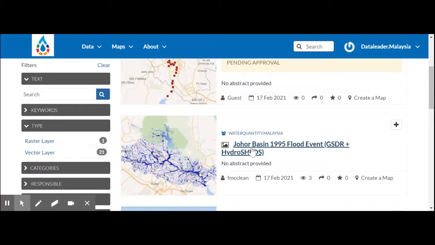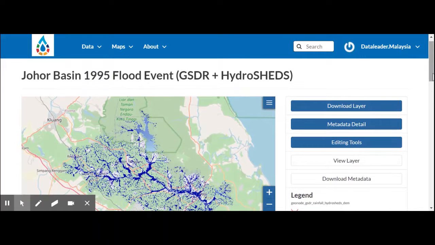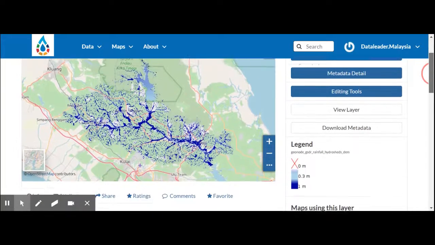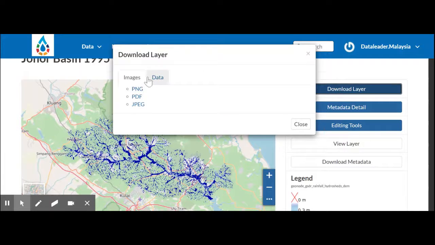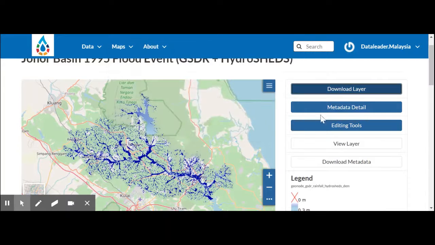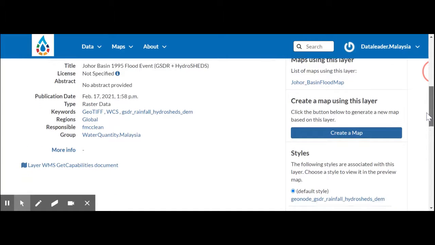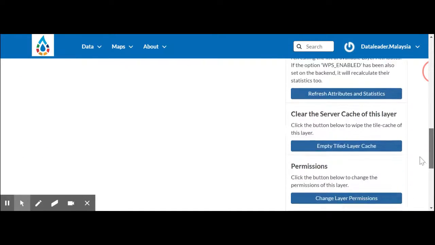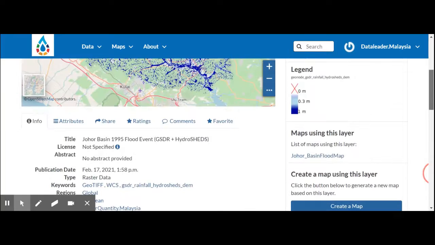For example, I would like to click on this one. This is a flood event from the Malaysia region, Johor. You can download the layer. This is a TIFF, so you can select what type of format you can download it in. You can download the metadata. You can select edit tools, and you can also see all other information regarding, for example, which group it is and who downloaded the data, who uploaded the data, and which